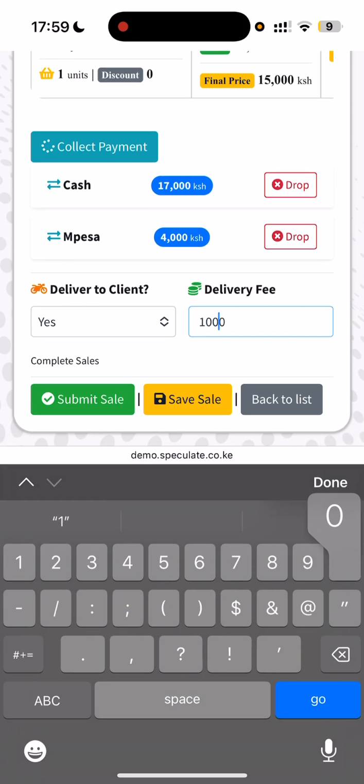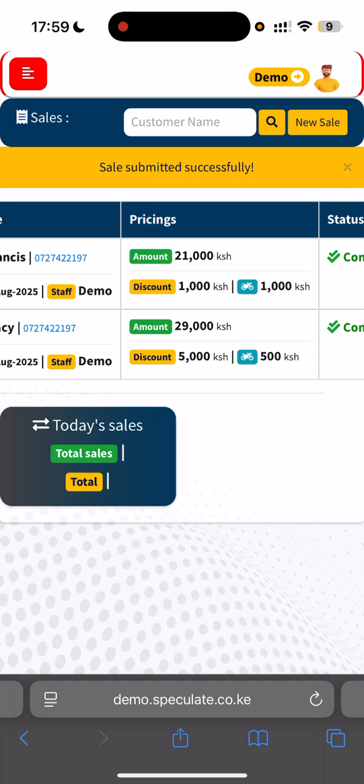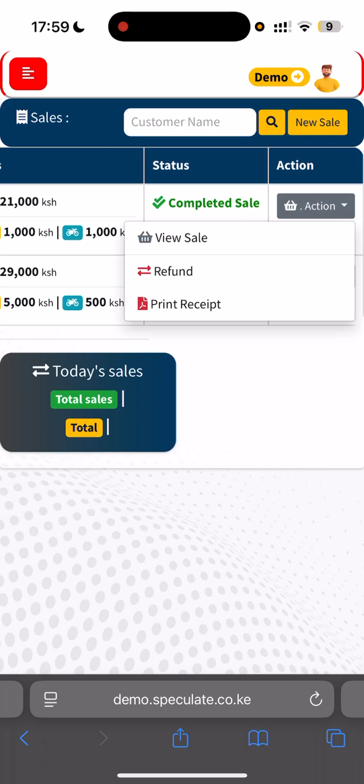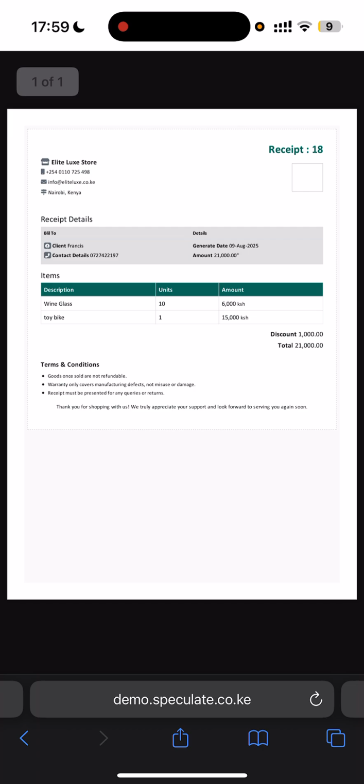Let's say maybe I'm just delivering using 1,000, and then once I'm done, I can submit that sale, and now that sale will be marked as completed here as Francis, as you can see. And then I can print receipts. If I want to print receipts for purposes maybe of sharing this information to the client, I can print it